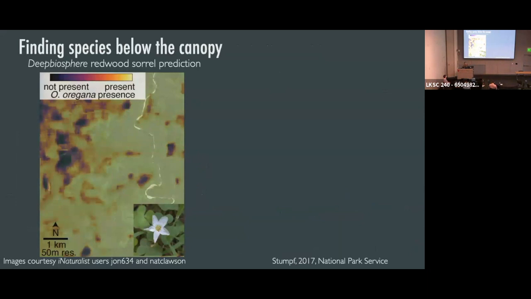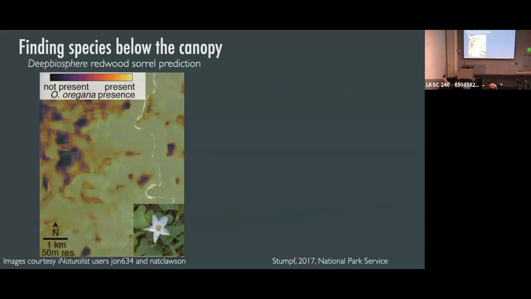And so this is a small ephemeral under canopy species that only grows under other trees rather than out in the open. So you'll never be able to directly see it from remote sensing imagery. But what we do know from the National Park Service surveys is that Oxalis oregana prefers to grow under old growth redwoods compared to secondary growth redwoods. And so what we can see here is that the predicted range from Deep Biosphere for Oxalis oregana looks like it is